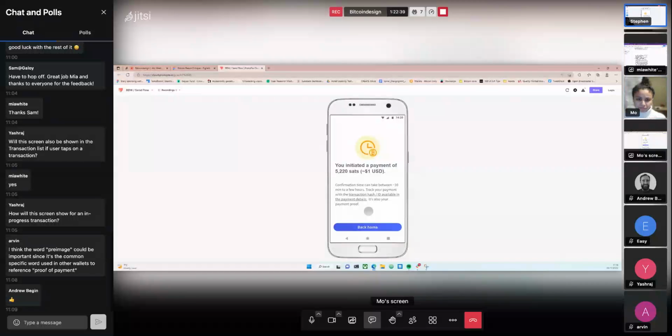Just out loud, I'll tell you what I think about the screen right here. I don't think that the sentence is necessary: "Track your payment with the transaction hash/ID available in the payment details. It's also your payment proof." I feel like this could be entirely simplified. It could just be like,